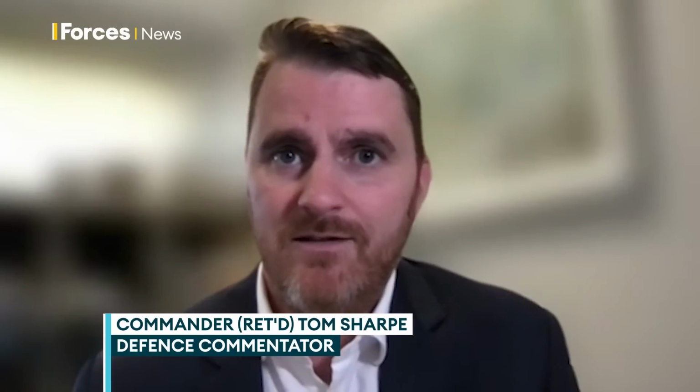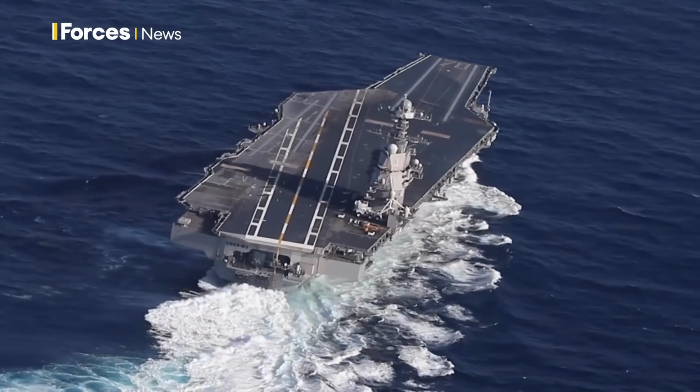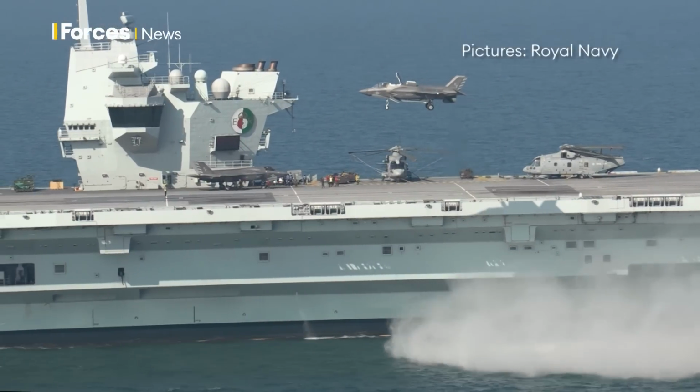And the second thing, of course, is it gives them the ability to genuinely project strike capabilities outside the first island chain, something they've had with the previous two carriers, but this is a huge step forward. Navies worldwide are investing heavily in big ships. The US is building a fleet of Ford-class supercarriers, each costing $13 billion, while Britain has spent £8 billion on